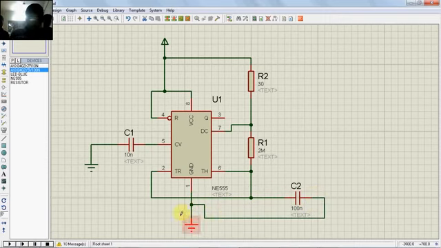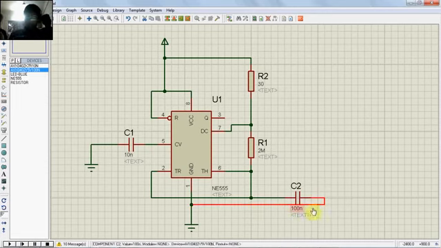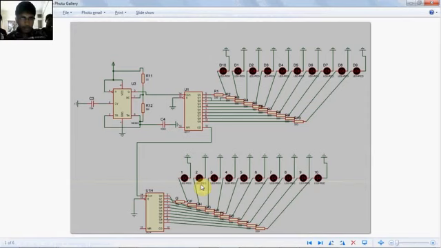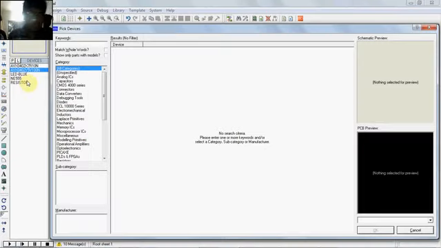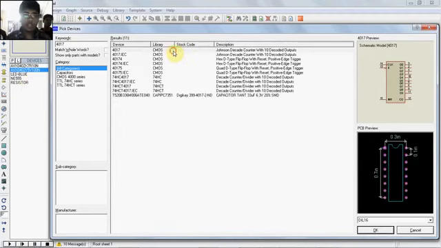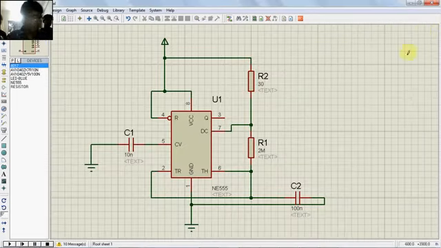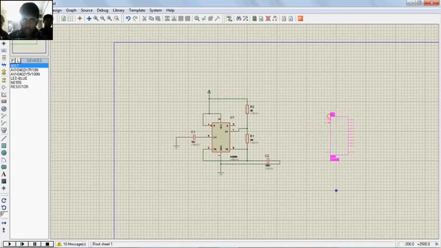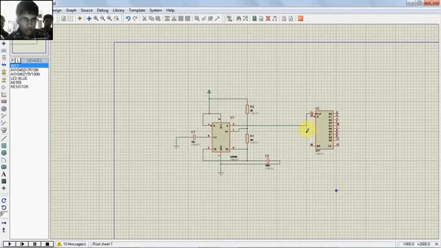Now I am using a 4017 also. Okay, let's take that. Press P, write 4017. You can get any of the devices that you need from this one. Pick devices. So I kept it here. Now I am taking this clock to this CLK. I will be grounding E to make this a little more beautiful. Bring it down. The ground is placing it here. I grounded it.